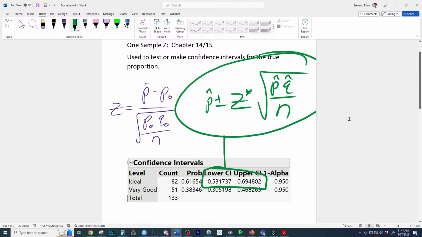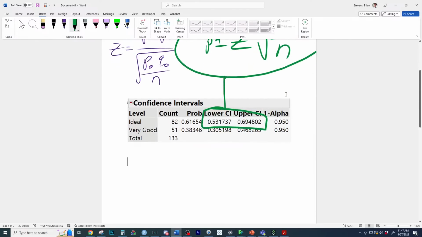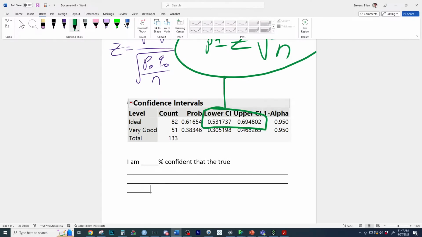So that is my: I am 95% confident the true proportion of diamonds that are ideal that we sell is contained in the interval 53.17% to 69.48%. Or you could do it as a decimal. Once again, every time we do an interpretation of a confidence interval, we always do, and we'll go back to this a lot, I am blank percent confident that the true, and then right here, it even said proportion, is contained in the interval